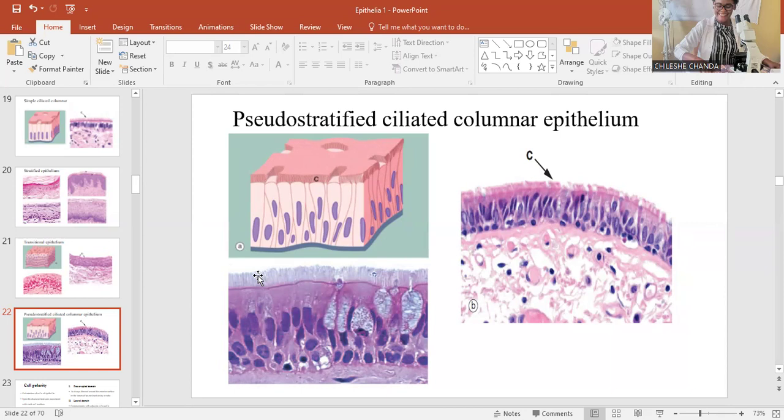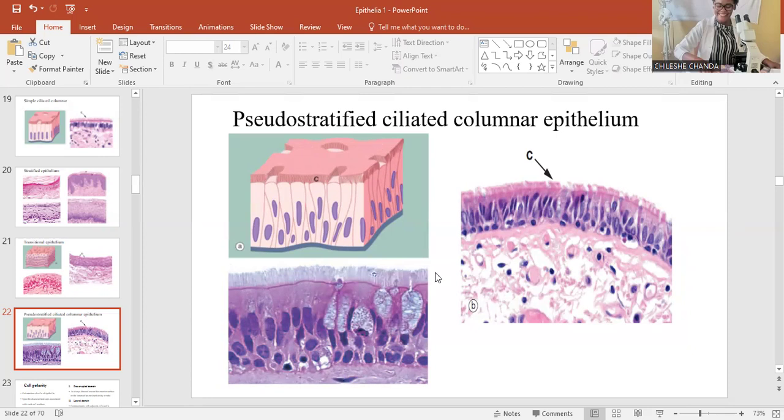So the surface epithelium here is ciliated. This surface modification of this cell is the cilia, and one of the functions of cilia is for movement of particles, whatever particles are there. So for example, in the respiratory tract, it will be used to move the mucus along the respiratory tract. Along the respiratory tract, these cilia will be moving back and forth in order to sweep